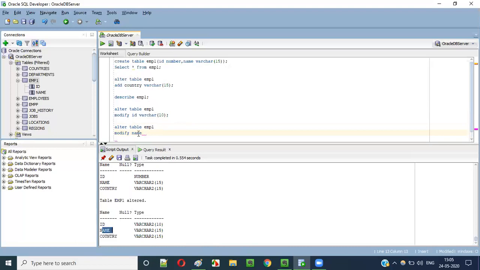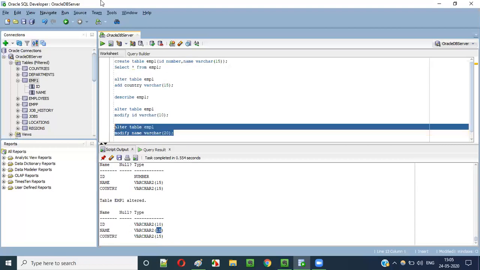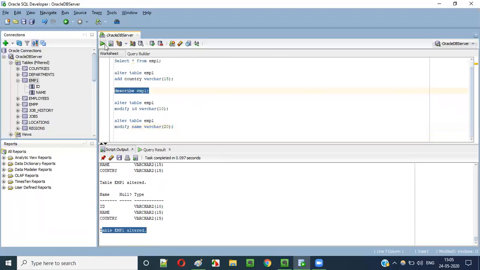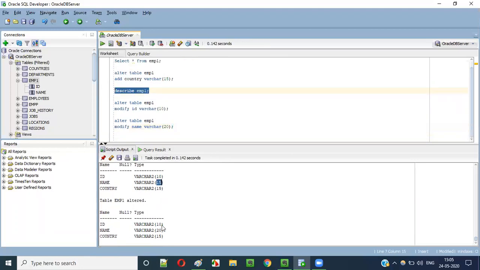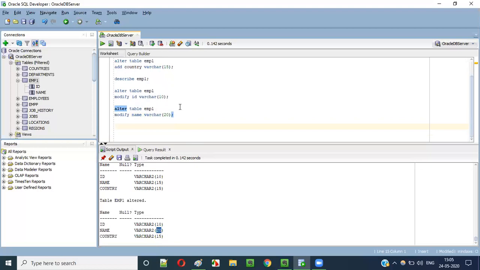Okay, so for this name column, what I would like to modify? I would like to modify the property, that is size of this particular data type I would like to change. That is, I will say varchar of, instead of 15, I'm giving 20. I'm modifying the data type of this name column from 15 to 20. Earlier 15 will be there. After I run this statement, it will change to 20. Run this, table emp1 got altered. Again say describe emp1. This time you see earlier 15 is there, now the size of this varchar of this name column is 20. Like this, guys, using the modify, you can modify the data type, also its size also. Okay, fine. This is how we can use a modify.